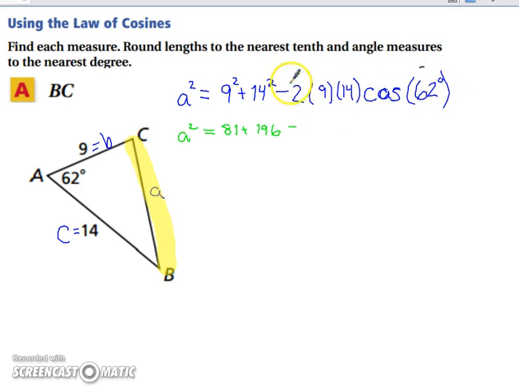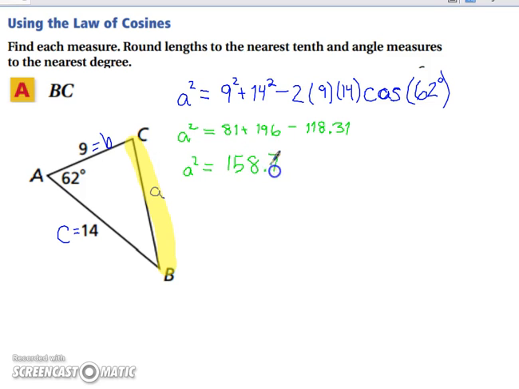So if you put all of that in your calculator at once, you're going to have minus 118.31. And now we continue to follow order of operations. We add and subtract from left to right, so we're going to add first. So we have A squared equals our 81 plus 196, and then we're going to subtract 118 and 31 hundredths,